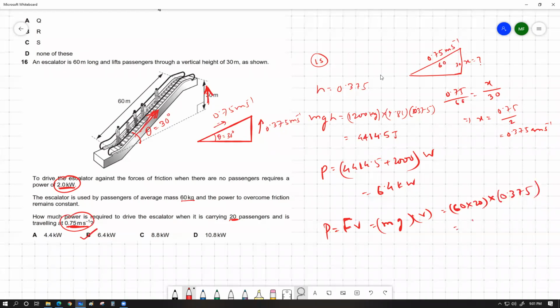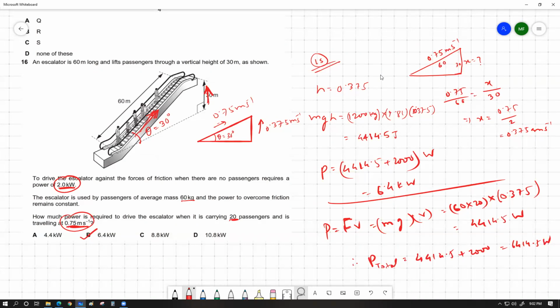You get 4414.5 watt, and then the total power would be equal to 4414.5 plus 2000 gives you 6414.5 watt. এভাবেও করা যায়, আইদার পুরো ম্যাথটাকে 1 সেকেন্ডের জন্য জাজ করে করা যায়, অথবা তুমি ডিরেক্টলি স্পিড দিয়েও করতে পারো।